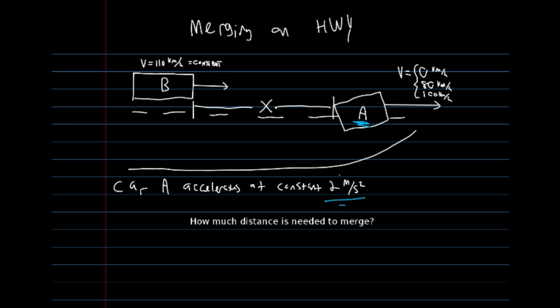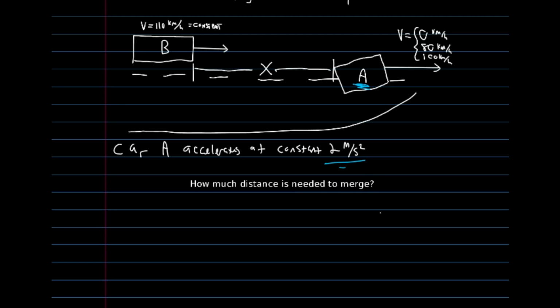So we have some people who try to merge at 0 kilometers per hour. And we're going to see why that's a bad idea when we look at this 80 kilometer per hour and 100 kilometer per hour merging speed with our acceleration at 2 meters per second squared. So first, let's make some assumptions here. We'll say that this is constant,